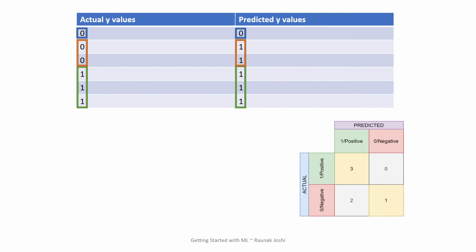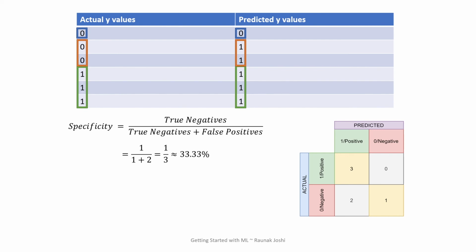But if this is a spam folder problem, I would actually be concerned, because out of 6 values, 2 values are falsified. So I have to take care of it. Here, if I want to calculate the specificity of this algorithm, which is true negative by true negative plus false positive, I get 33%. So here I need to increase my specificity to a certain degree so that I can lower the type 1 error. Please understand it.